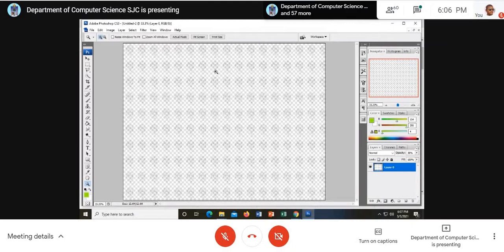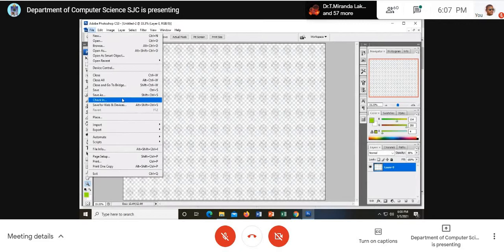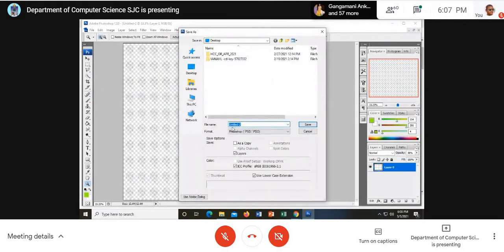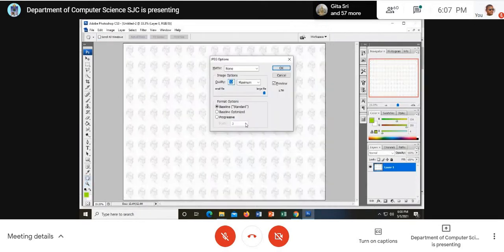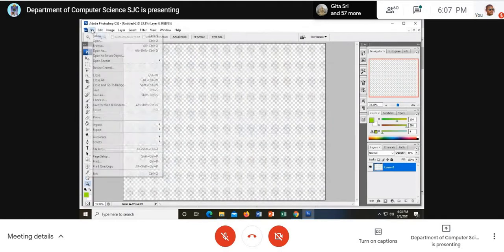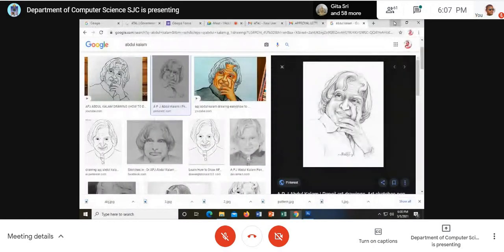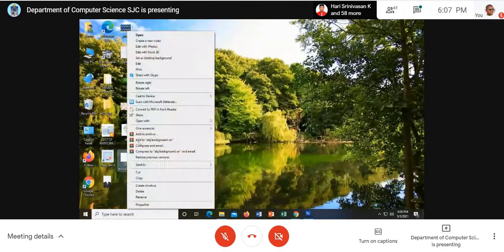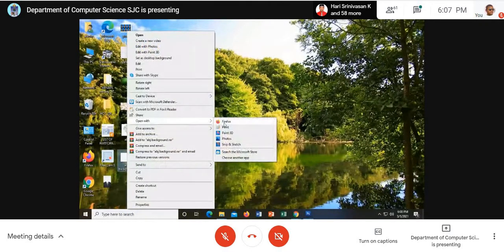The transparency here in Photoshop means, okay, pixels. All the smaller dots that you see are pixels. So you will see an empty background. But now, when I make this a JPG file, it will look better. I go to File, Save As. Please carefully note it: Save As, JPG. This is the Abdul Kalam, APJ background. I just open that file. I'll show you. Look here, I'm opening the file with some other tool.